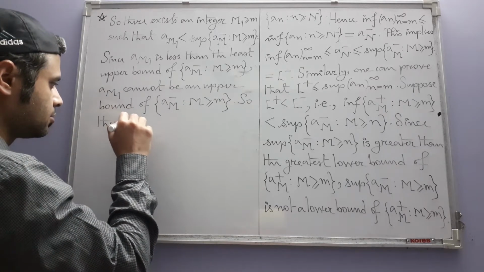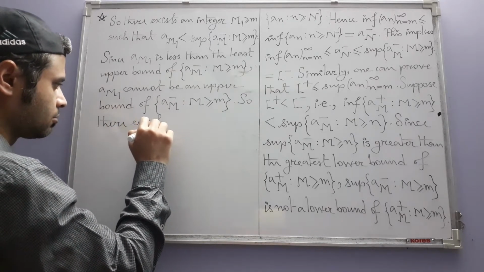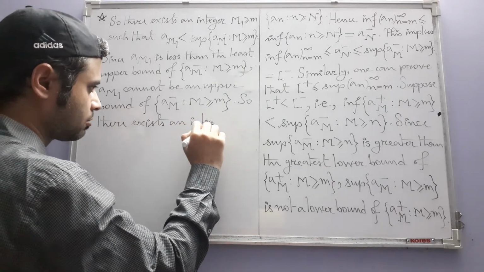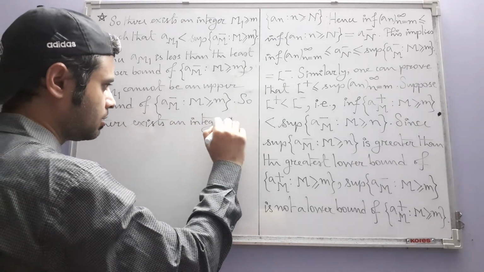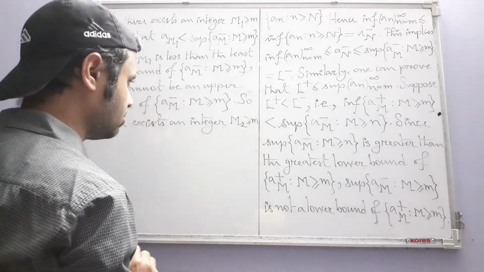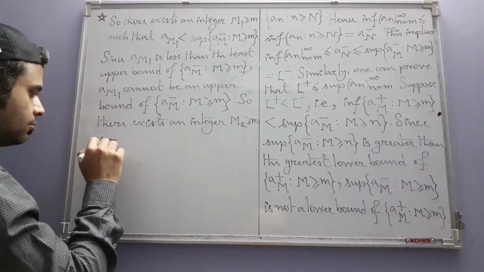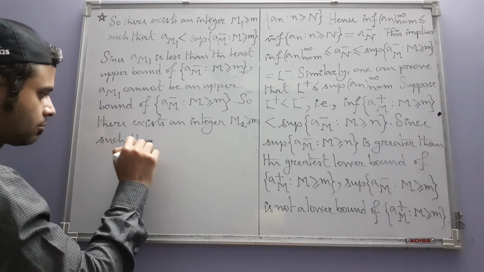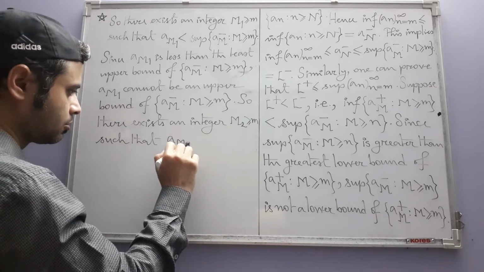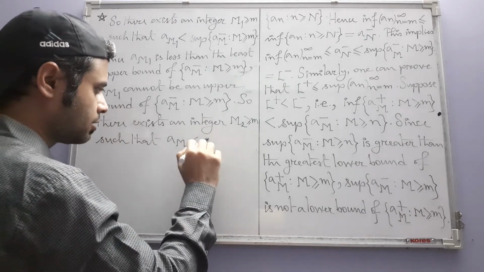So there exists an integer m2 greater than or equal to m such that am1 is strictly less than,